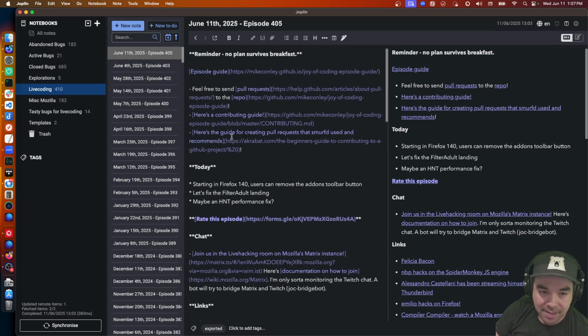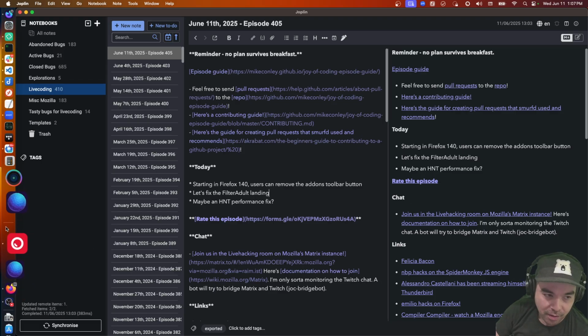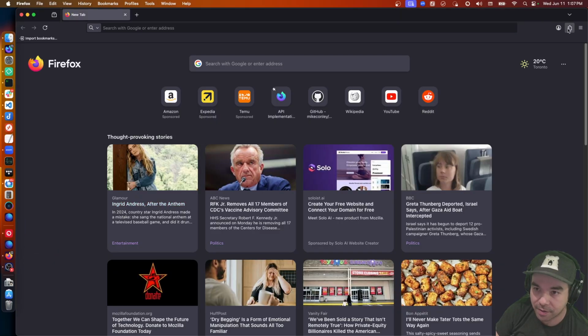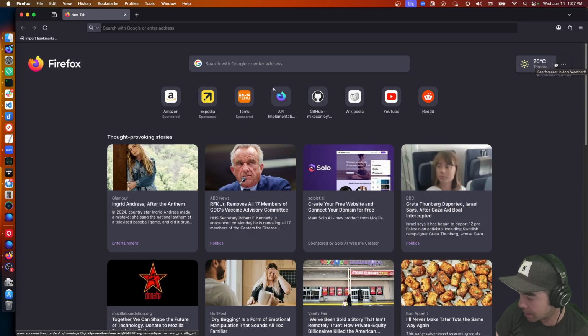Okay. So that's that. What's the news? Well, first of all, I wanted to start off by mentioning something kind of interesting. When the unified add-on toolbar button was first put inside of the toolbar here, and this was in preparation for getting ready to support Manifest v3 add-ons, we had to build this button, and I was helping with that.